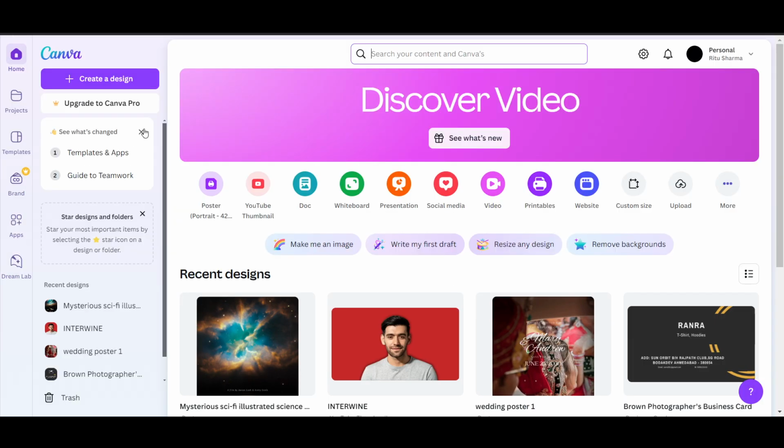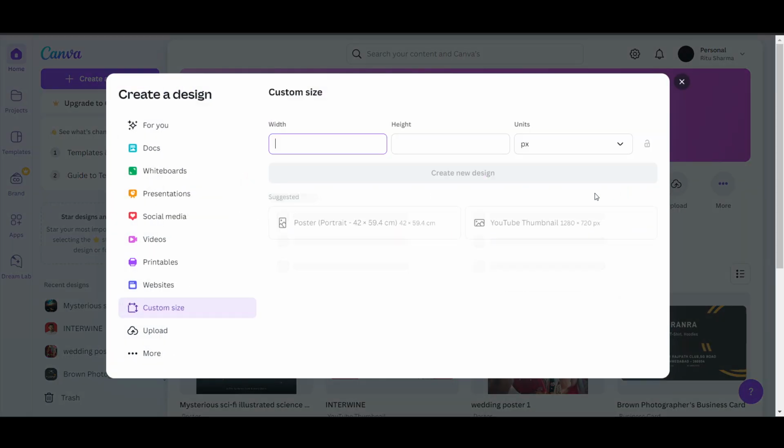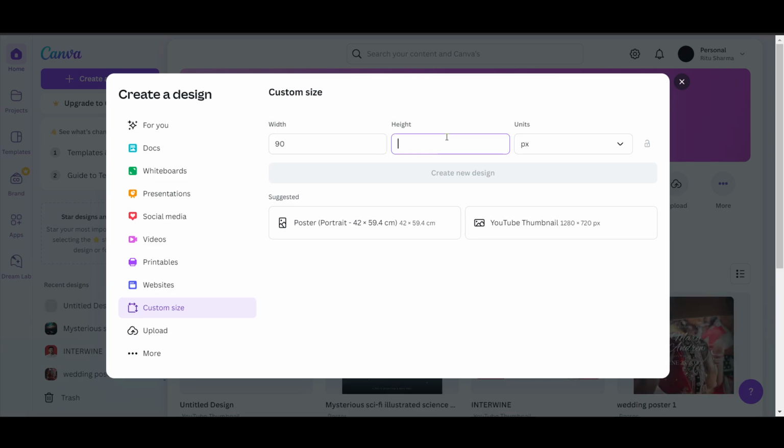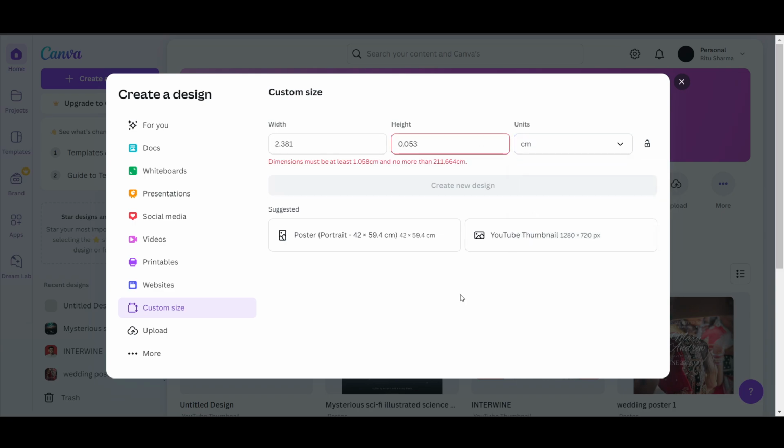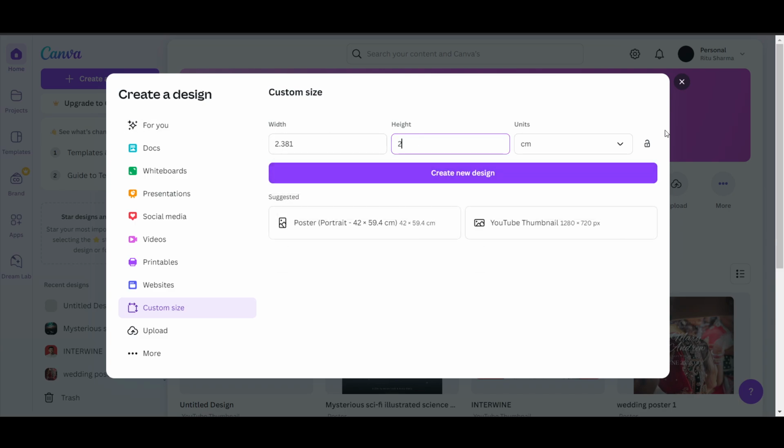Let me just go back and let me show you once again. You can also click on custom size here. So here you can put 90, and in the height you can put 2 centimeter, right? And here you can click on centimeter, so you can set it more here. And this is how you can do so, and click on create new design, and you will be redirected to